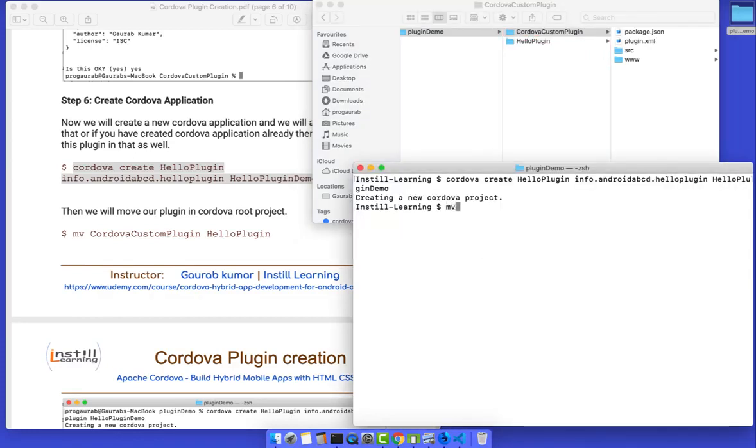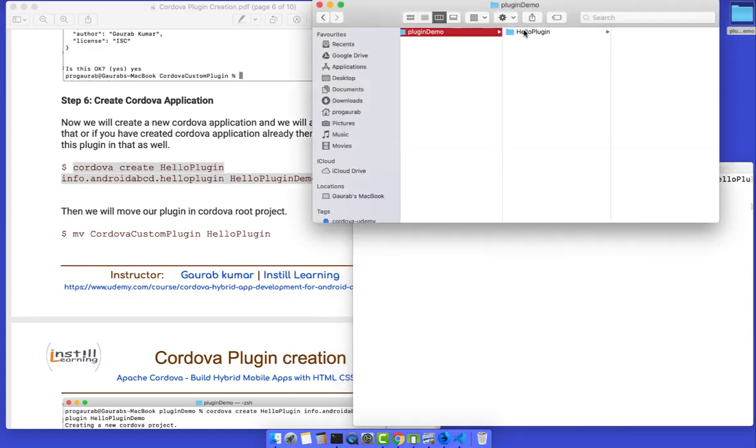So I'll just write mv. We have to move the Cordova plugin inside hello. Okay, so now you can see this is our Cordova project hello plugin. Inside hello plugin we have this custom plugin as well, right? So from here only we will consume it.